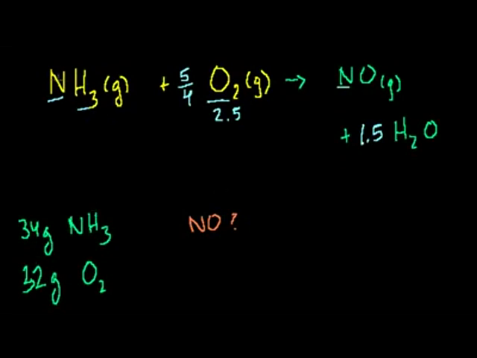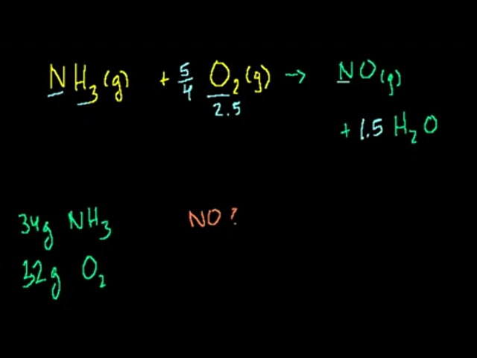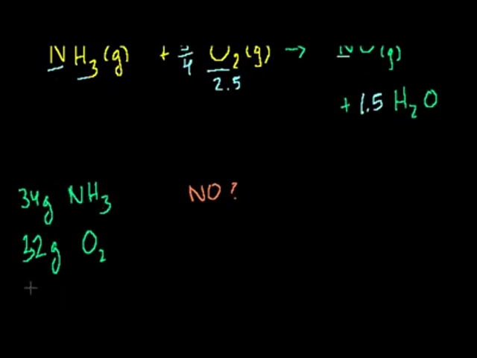So let's rewrite it. If we wanted to get rid of all of these, we can multiply the entire equation by 2. No, not 2. We have to multiply the entire equation by 4 to get rid of this 4 in the denominator. So we multiply the entire equation by 4. Let me do it down here. We have 4